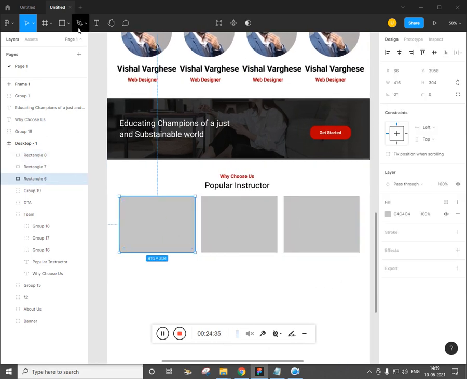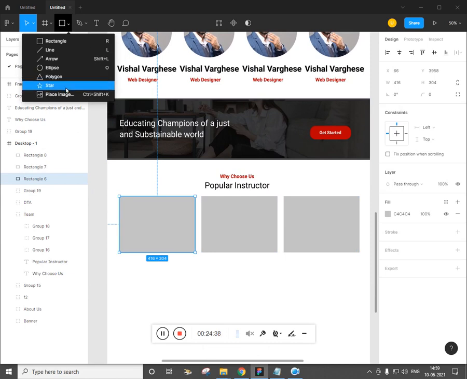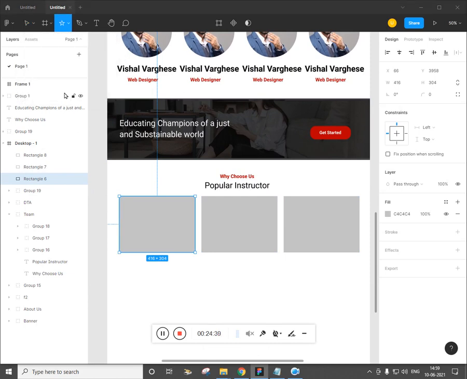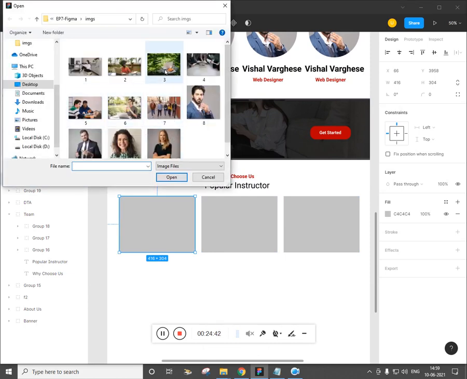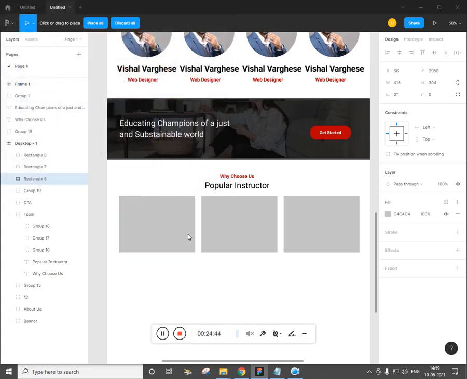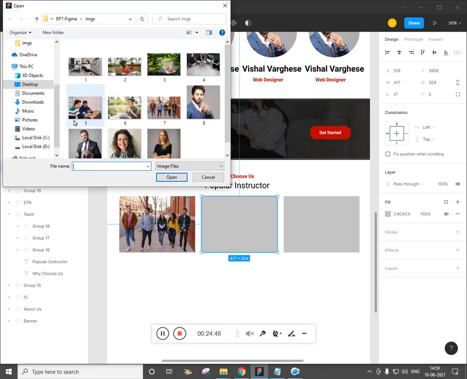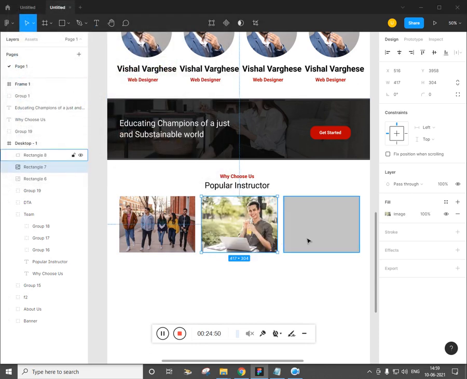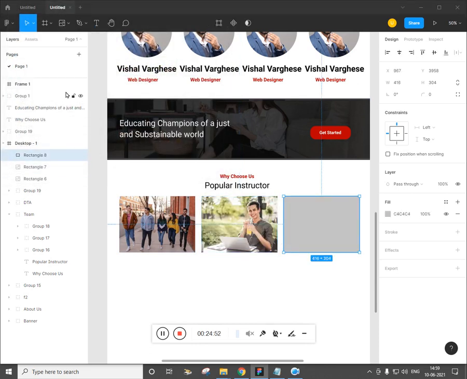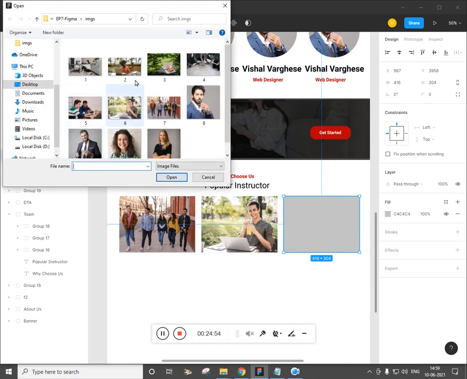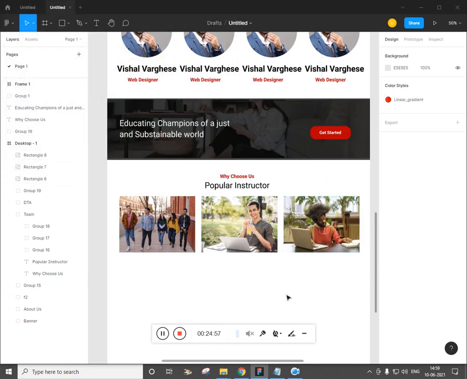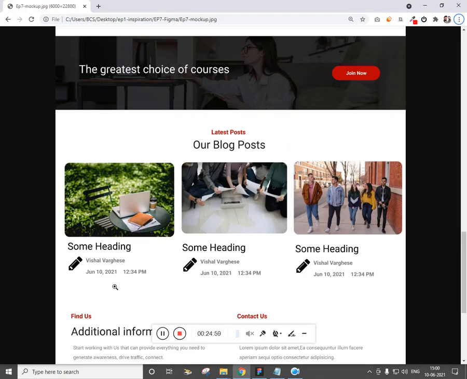Now you can place the image. Let's place this, click here, select this, place image, click here, select this, place image, and cool.